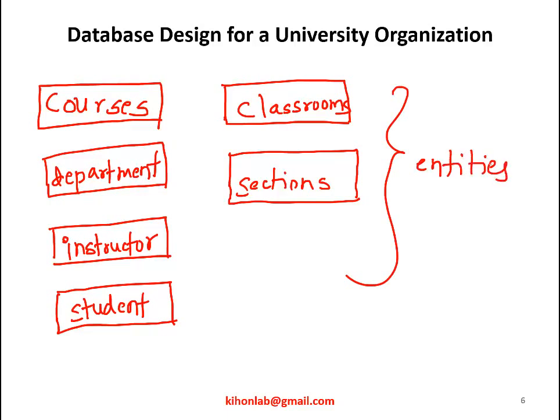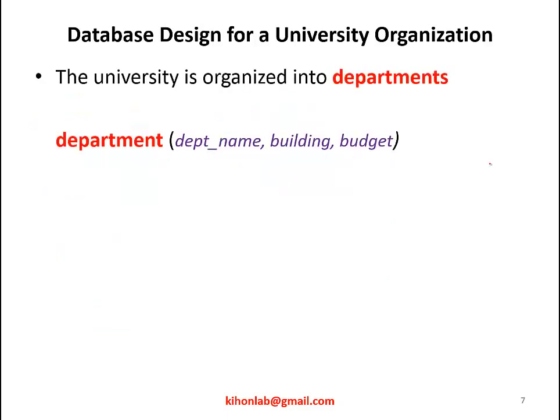So further we are going to elaborate on this. The university is organized into departments. So the first entity that came to our mind is department, and the department is recognized by these three parameters: department name, building and budget. So here the department is called an